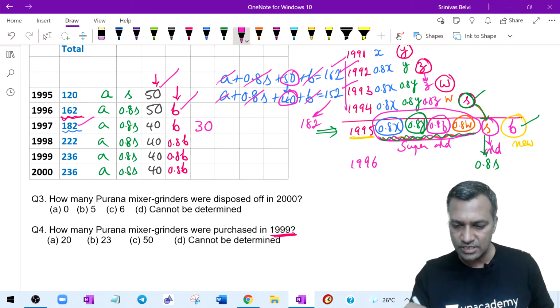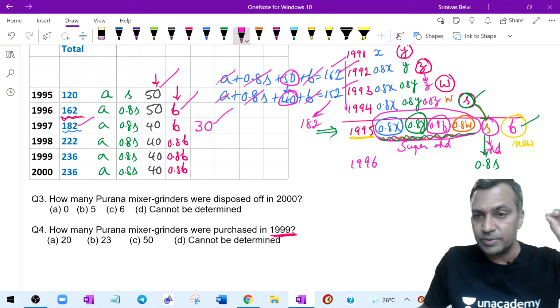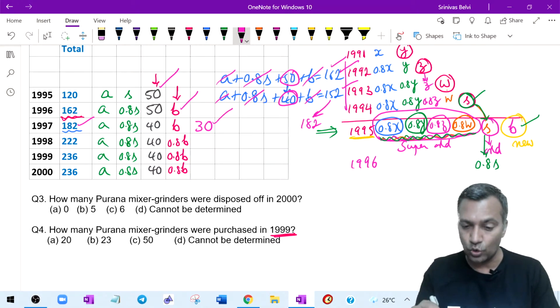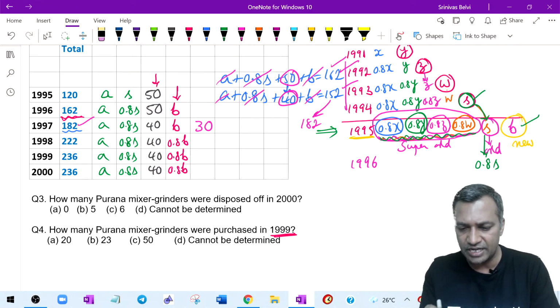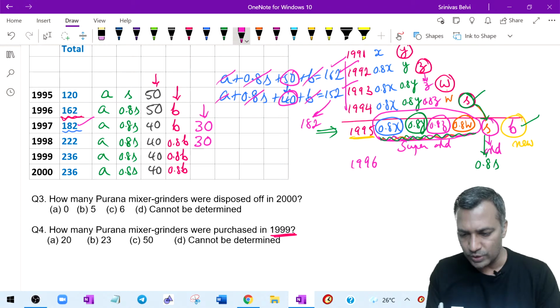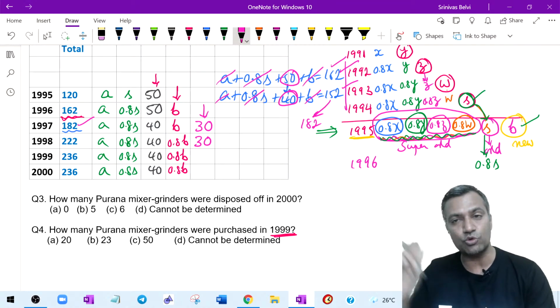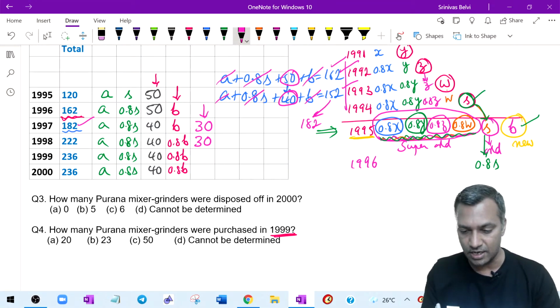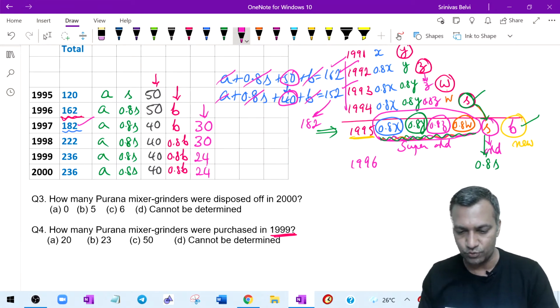I didn't know what this was, but I know this is going to be 30, which means some numbers can be figured out. That is the whole idea there. Every number need not be figured out. I could find out this new one here. Coming to the next one. So this 30 will continue as 30. After that, 20% would be discarded. That is 6 of them would be discarded. This would become 24 and 24. The next numbers would become 24 and 24.